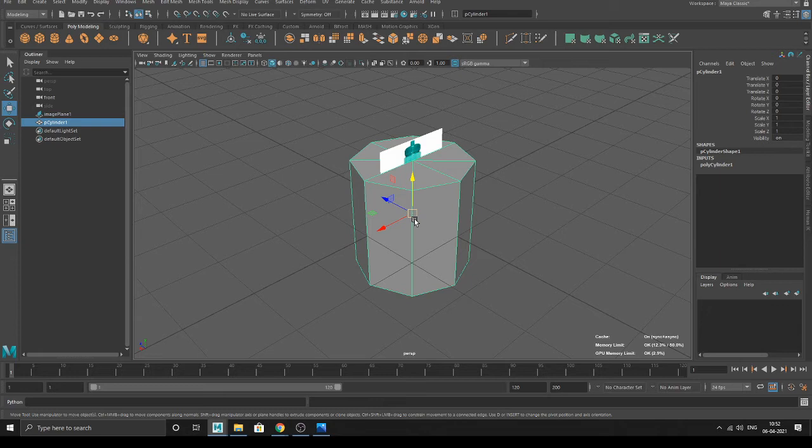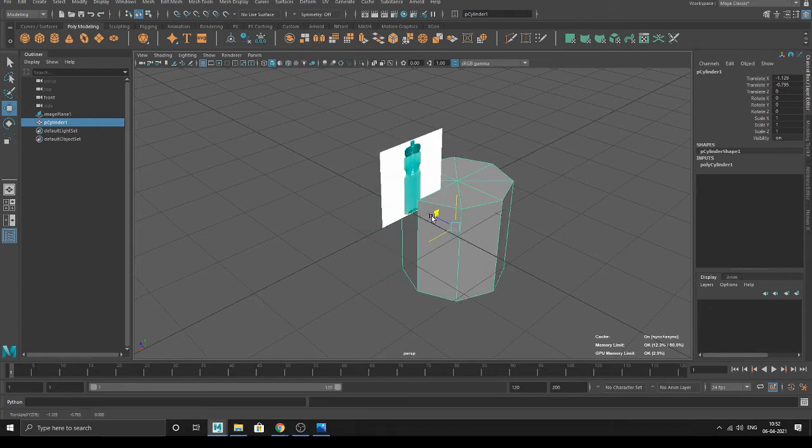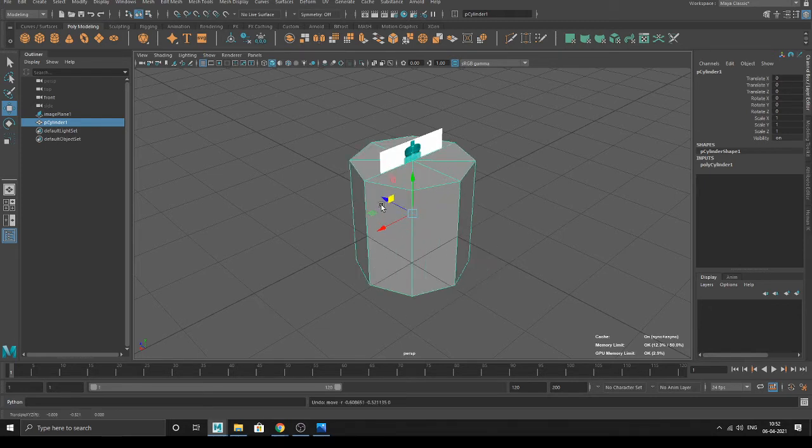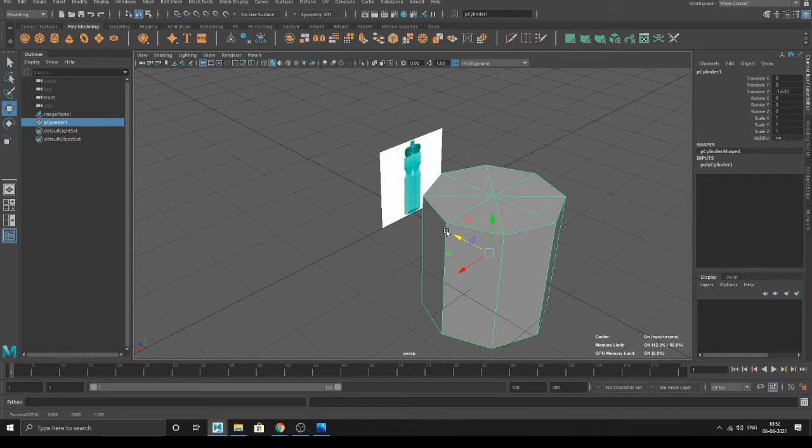In detailing there are two things. I'll tell you when we start detailing. So first we'll start with blocking. And why do we do blocking first? Why can't we directly start with detailing, detail models?